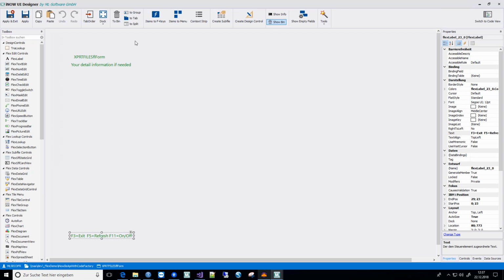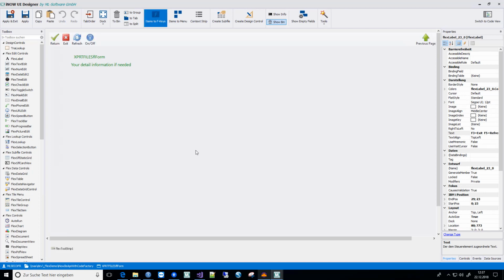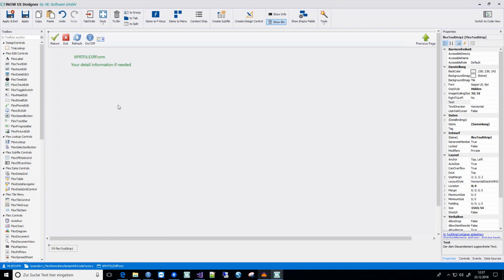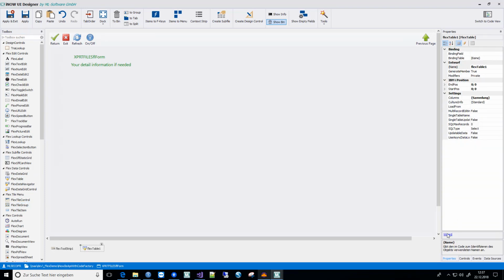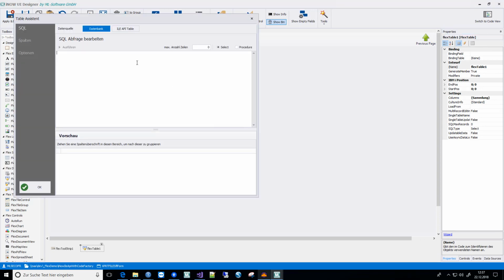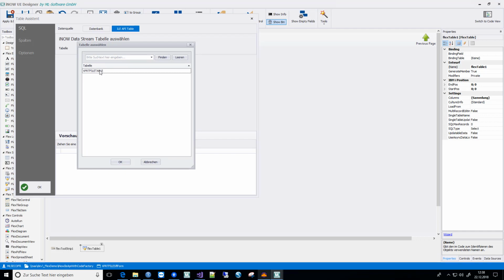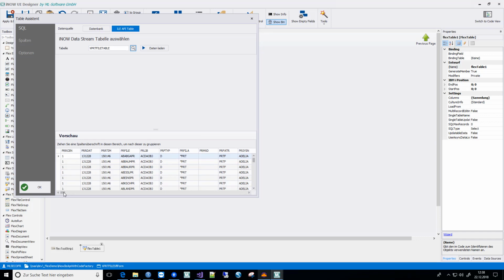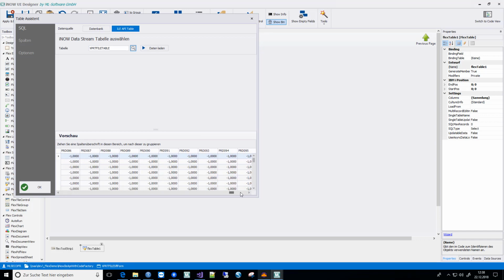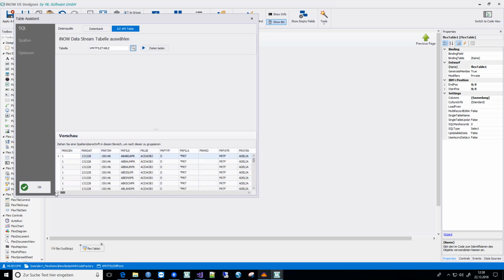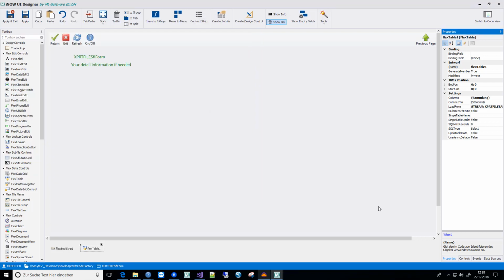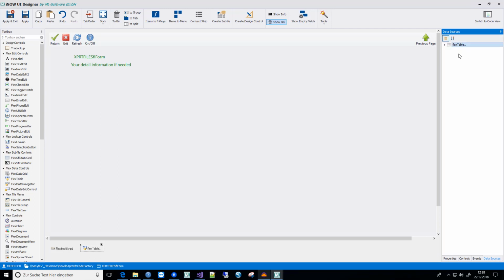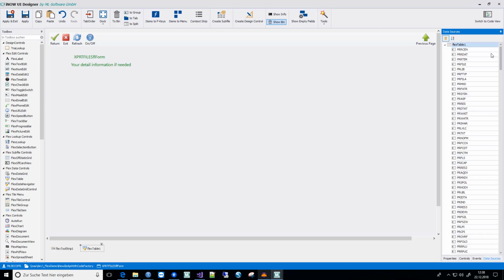and first thing I change the F keys to toolbar buttons, and next thing is I'm going to take a flex table control and connect the flex table control to my file table. So now I have over here an access to all the 374 columns. Click OK. Now I have a connection to this flex table,